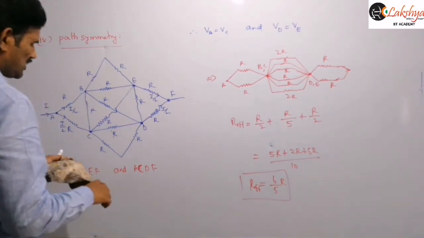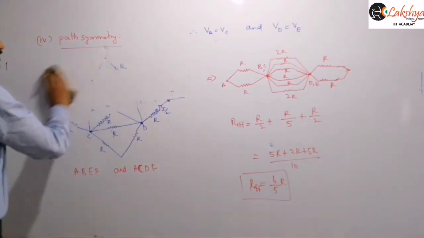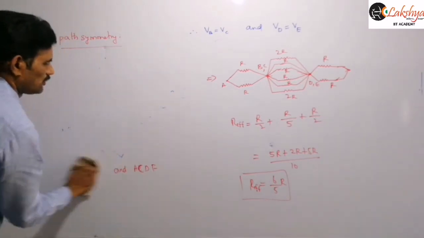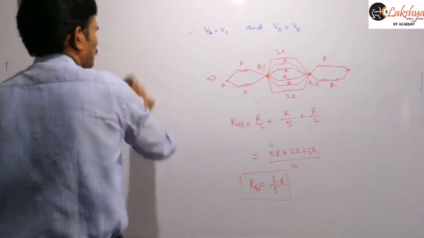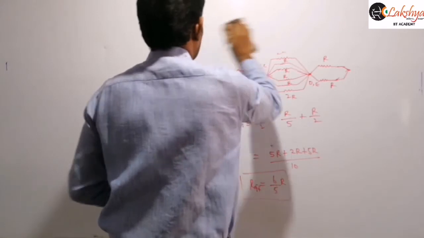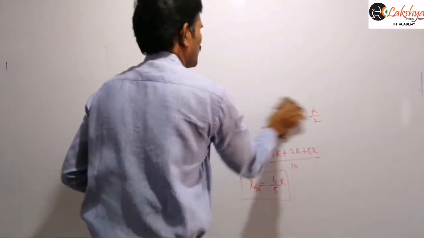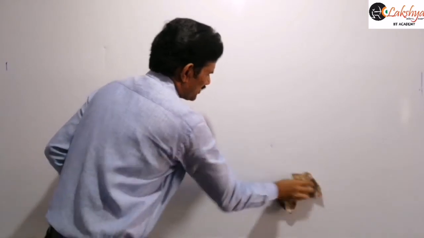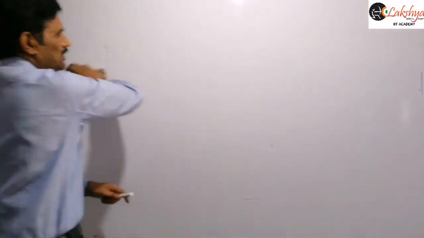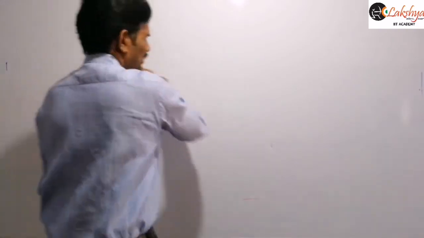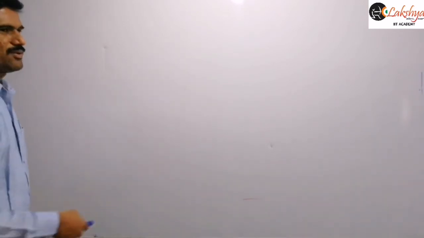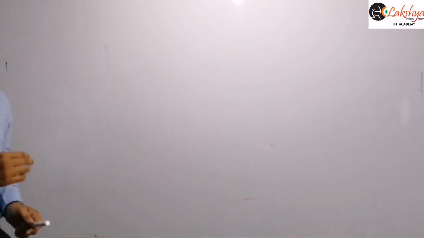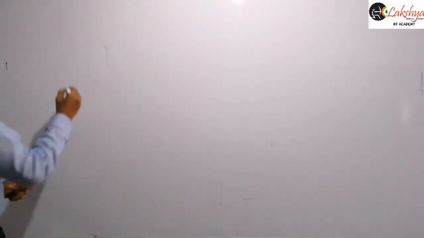So now let us see one more example based on this, so that you will get more clarity about this. In the given circuit, when you are traveling from one point to another point, if you are crossing the same amount of resistance and if the configuration of resistors is the same, then you can treat that as identical paths. So let us take one more example based on this path symmetry. Now I am taking a cube example. By taking the cube example, you can explain this path symmetry here.